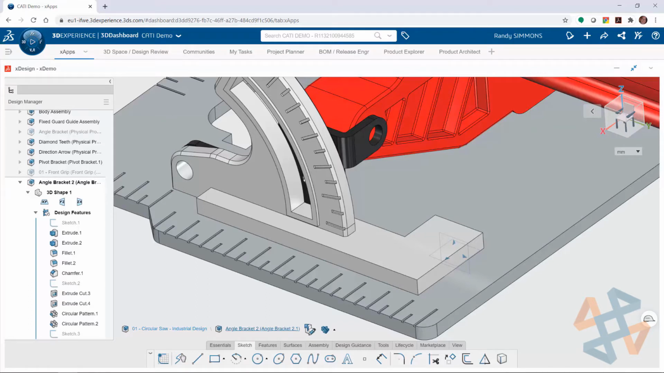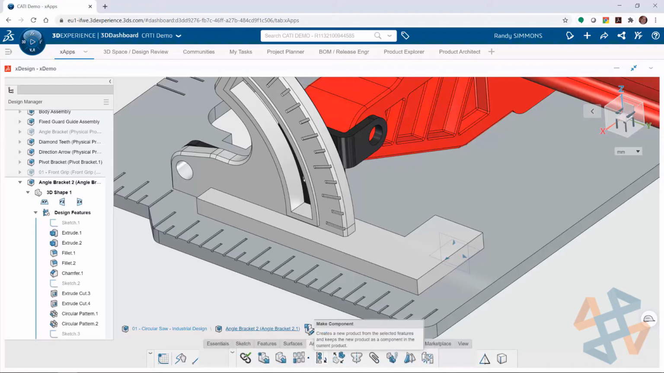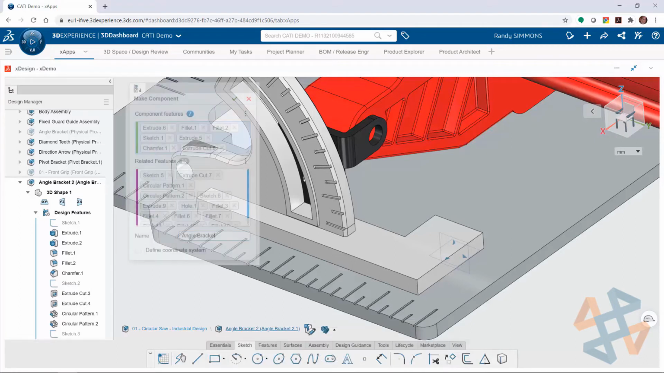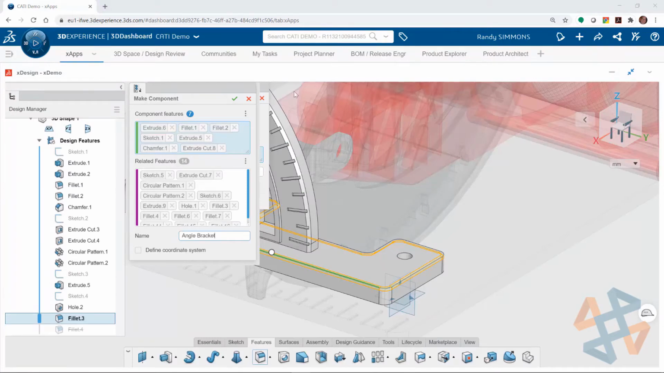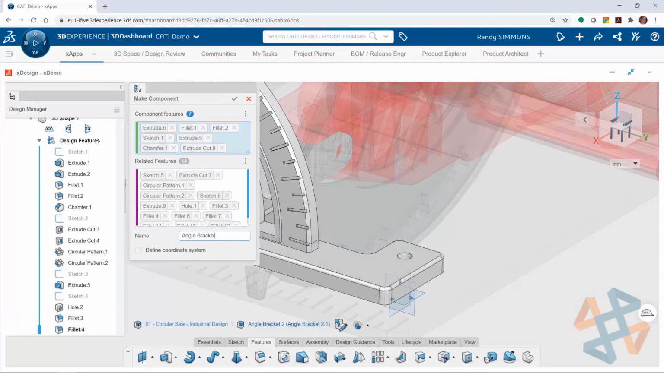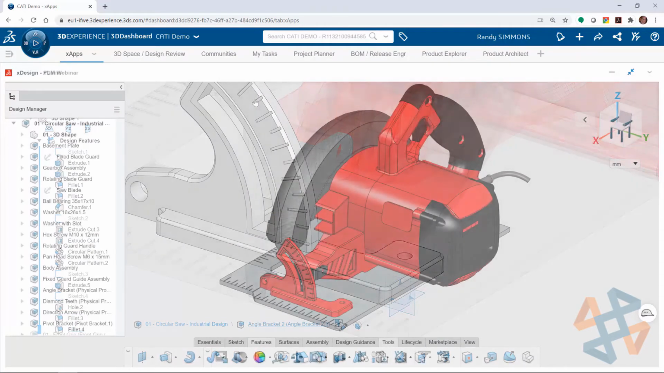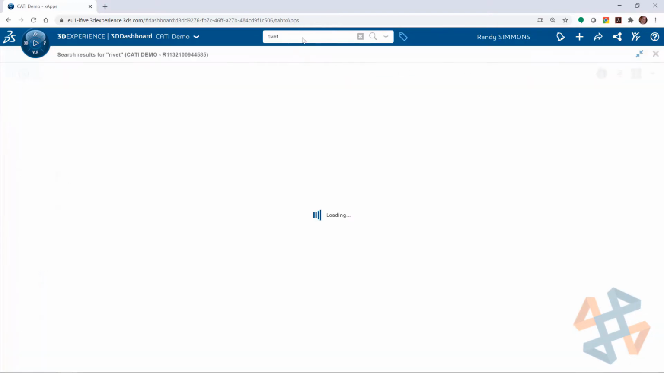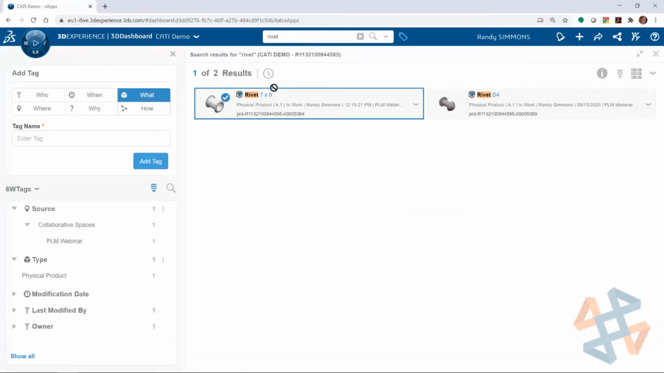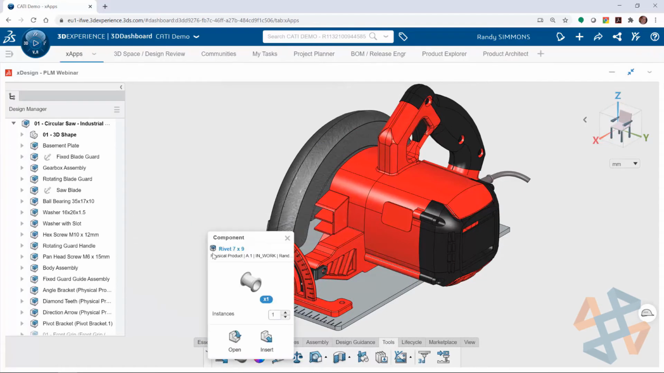It also offers the flexibility of which features make up entirely new components. XDesign allows you to select those features and create a new component from them on the fly. These newly created components can be used in other designs and managed with all of the tools on the 3DEXPERIENCE platform. In addition to creating parts on the fly, right from an assembly by selecting the features, there is also